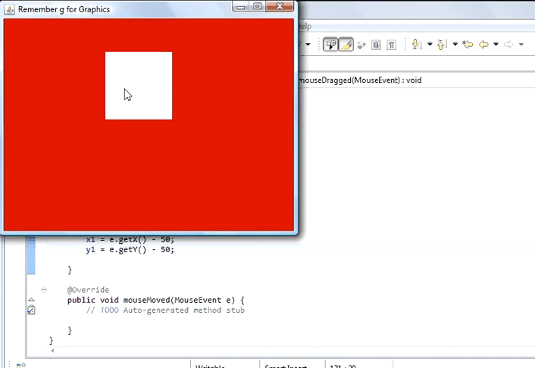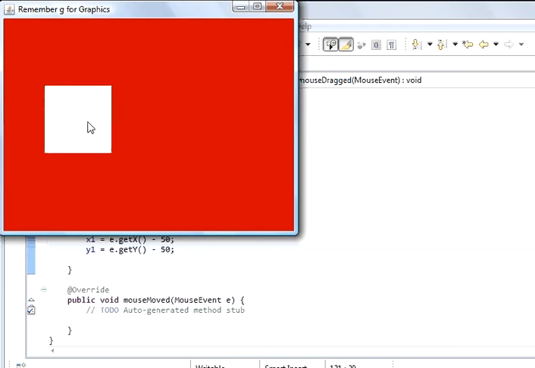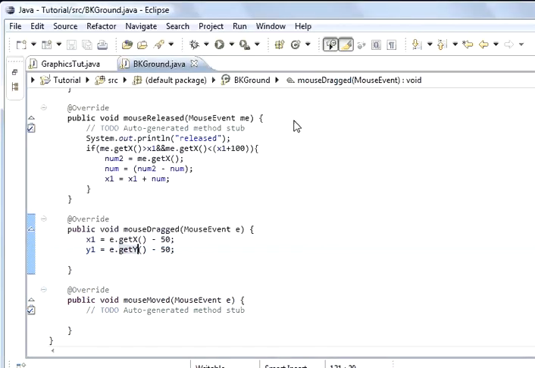Right, so that's us able to move it about. I'm going to stop now, and we're going to do another tutorial on it. That's how we implement MouseMotionListener, and we use it for drag and drop. We're going to drop it in a certain area, and if it doesn't drop in that area, it will jump back to where it came from. So again, thank you for your time. I hope that's been